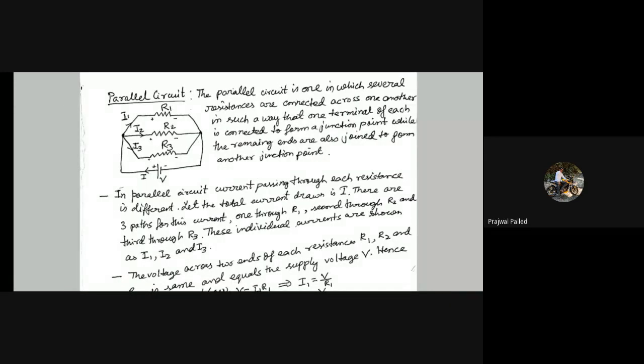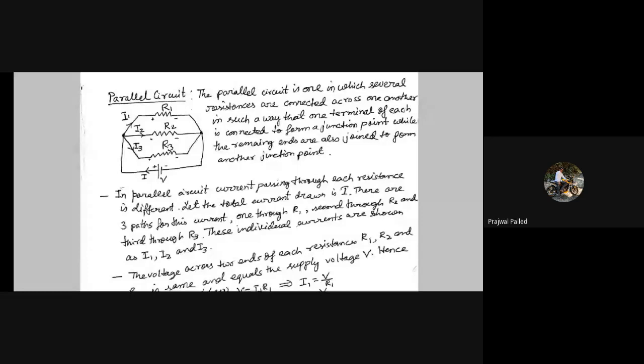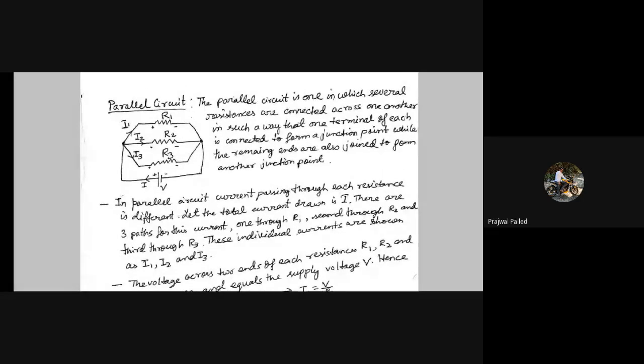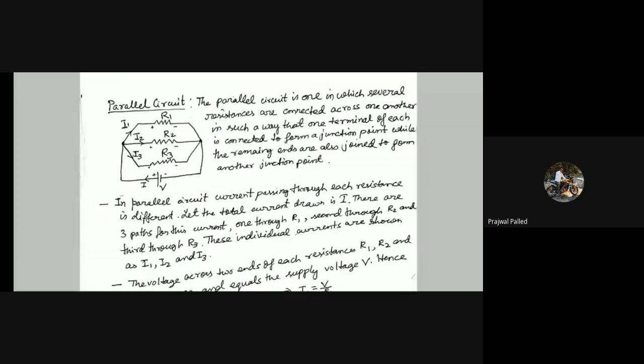Parallel circuit. So this is an example of parallel circuit. Now this could be a straight line. This could be trapezoidal, as I have shown here, or this could be anything else. So do not think that if it is not connected like this, it is not a parallel circuit. You will see a parallel circuit connection if it is connected to a common node. Multiple circuits are connected with common nodes, then that means it is a parallel circuit.